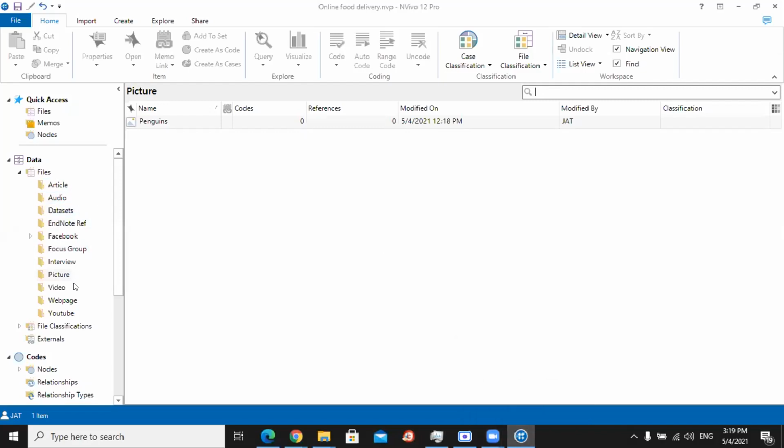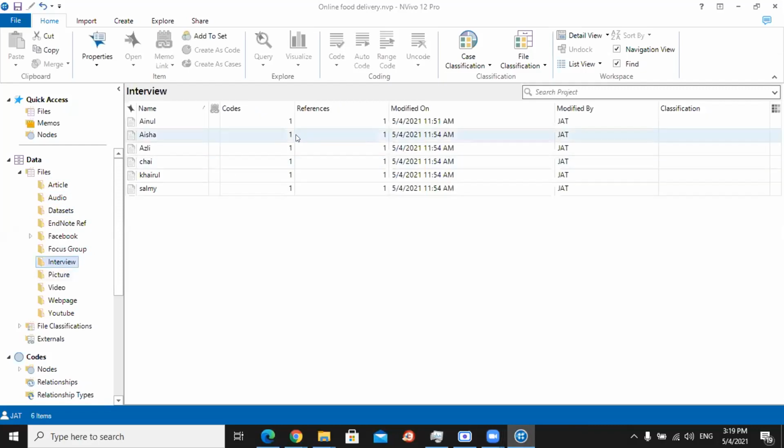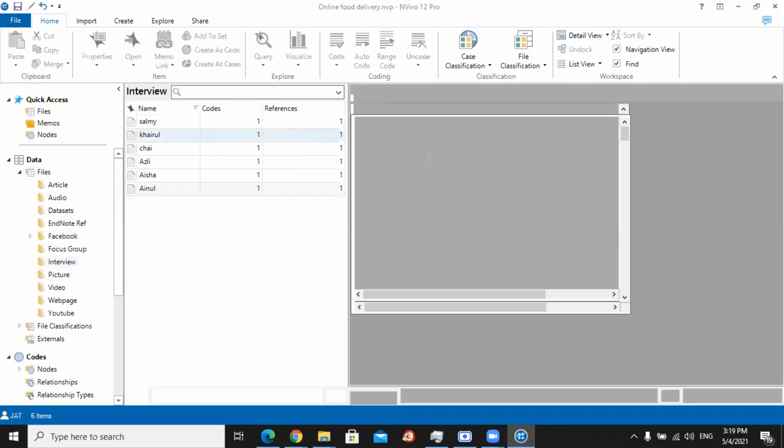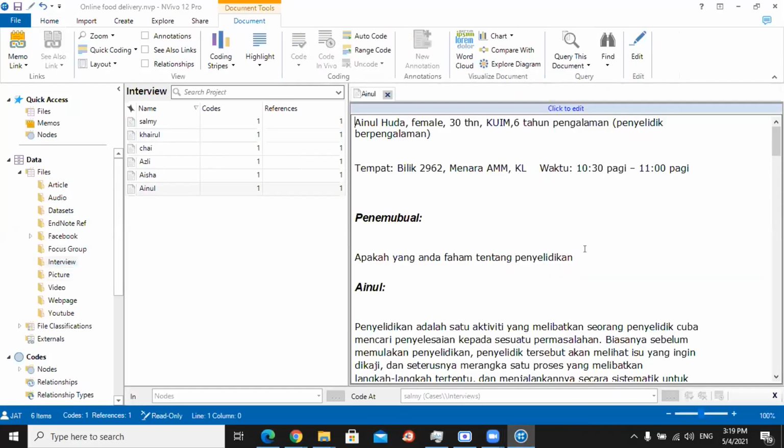Okay, go to your interviews. Double click on the interview. Okay, it's on detail view. So now you notice that you have 3 screens, right? You have navigation view, you have list view, and then you have the detail view. So in order to make sure that it works independently from all these views, for example, on your detail view, you want to undock it. So to undock the document, what you need to do is